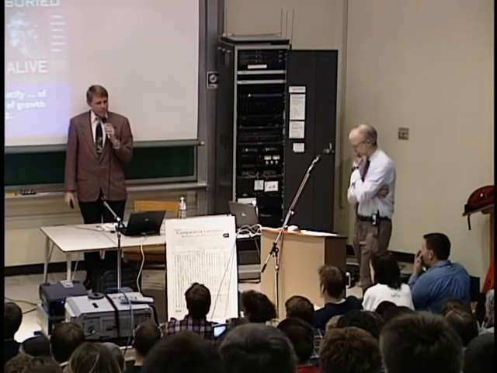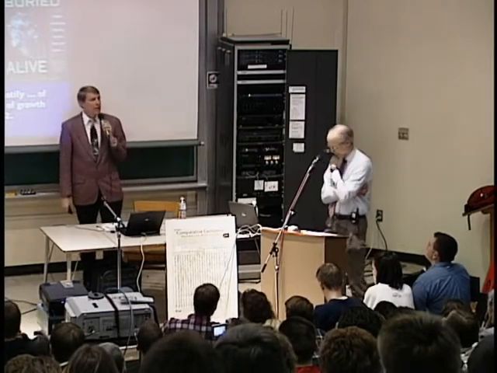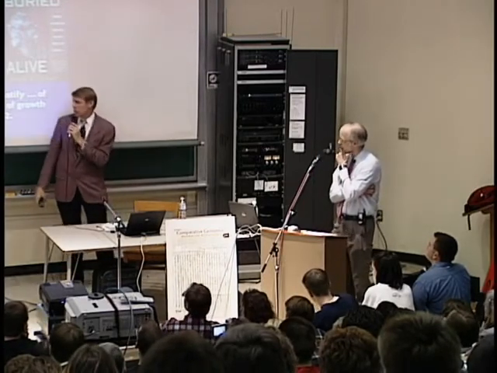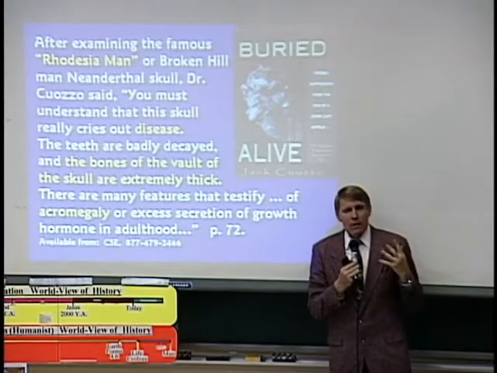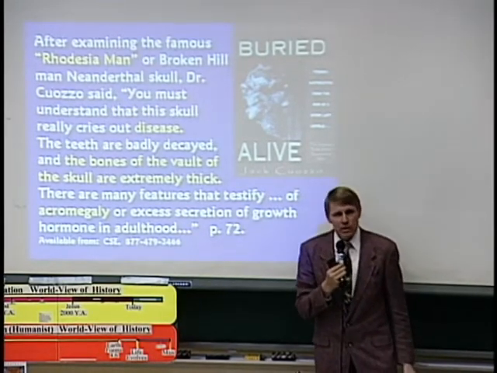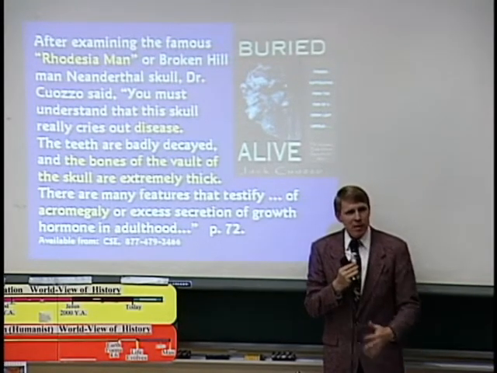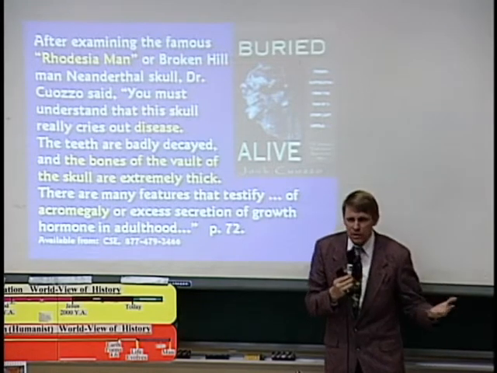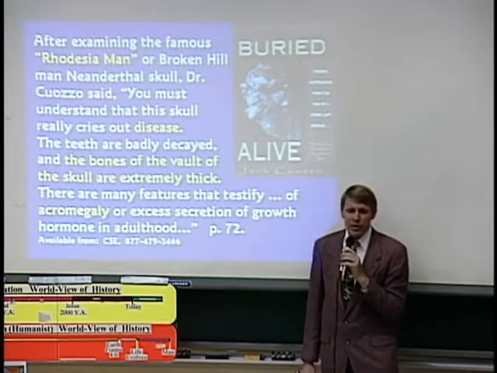He's a dentist. He studied Neanderthals very thoroughly and wrote this very conclusive book about it and said, folks, they're just human, that most of them had acromegaly, excessive secretion of growth hormone in old age. The bones in the forehead start to get thicker. When a person passes 80 or 90 years of age, the forehead starts to thicken, get thick-headed. And he's thinking these people are probably over 100, and they develop slower. He found much evidence of slower, delayed maturation. Today, people mature and are able to produce children when they're 12 and 13. These are probably more like 16 or 18 or 20, delayed maturation. And it's just a fascinating book answering about the Neanderthals.